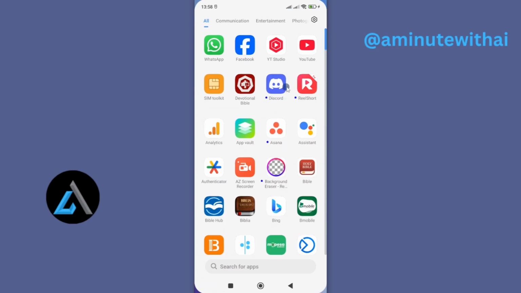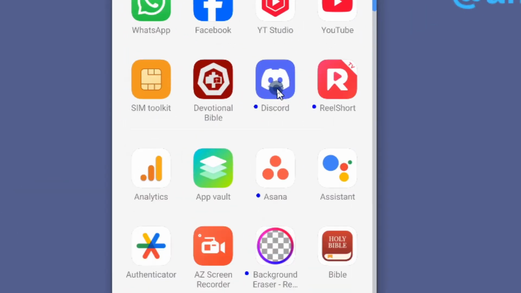In this video, I'm going to show you how you can download and install the Right Discord app on your